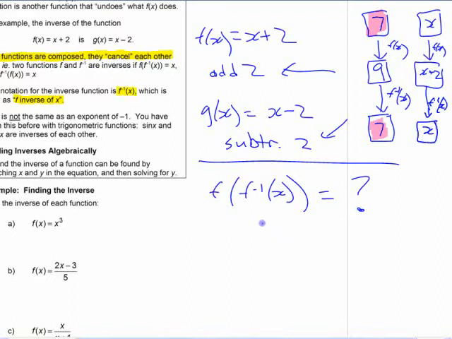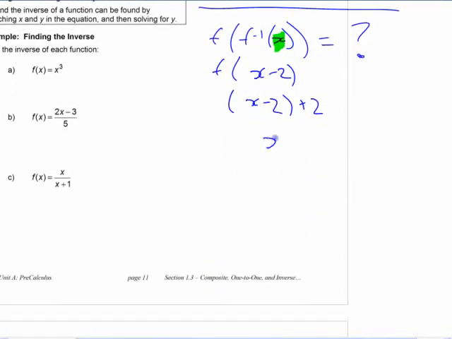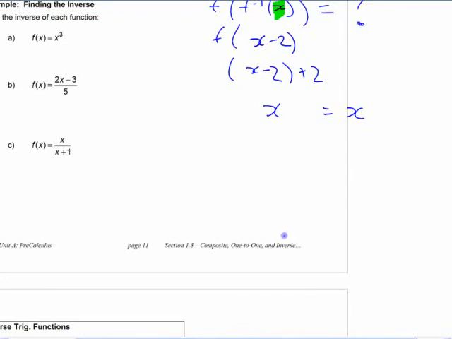So if you compose the two functions together, we're starting with an x, and f of x is x plus 2. Actually, I'm putting minus 2 inside because I'm putting the inverse function inside. That function plus 2. If you compose those two functions together, x minus 2 plus 2, I just get x, right? This should turn out to be x here. If the functions are inverses, then they'll cancel each other out like that. And if you do it the other way as well,